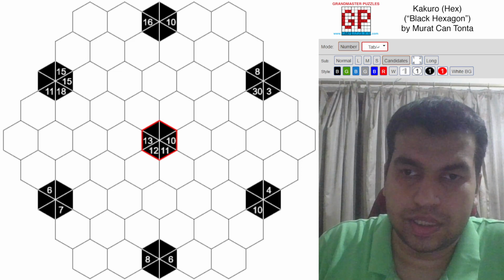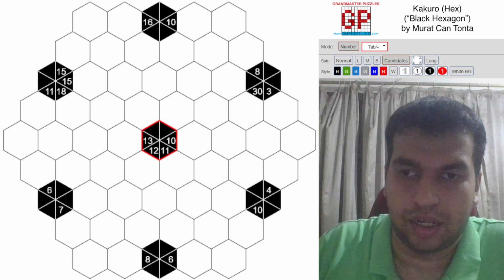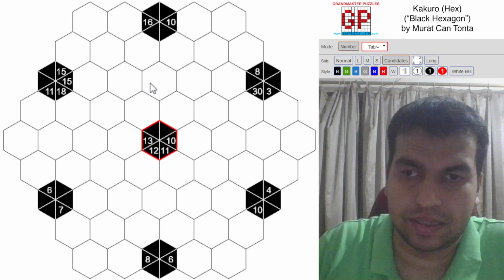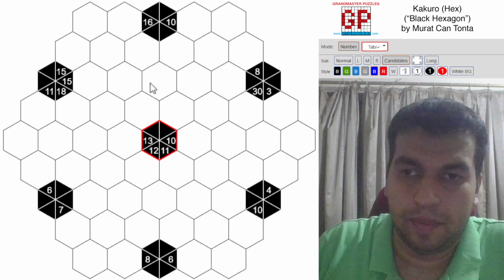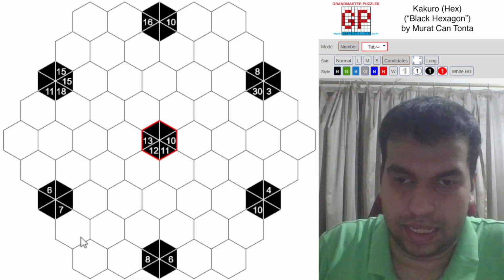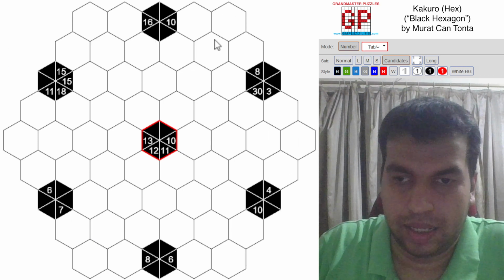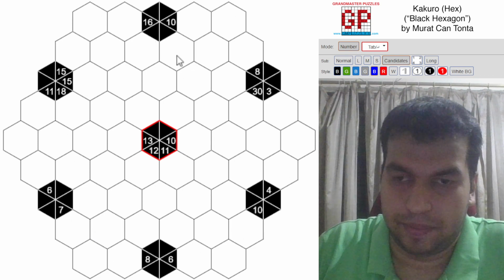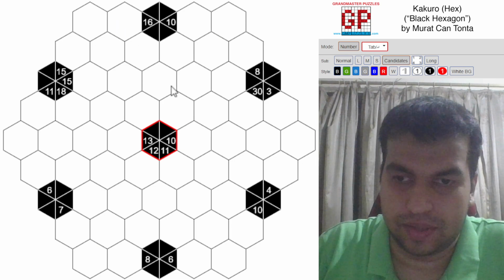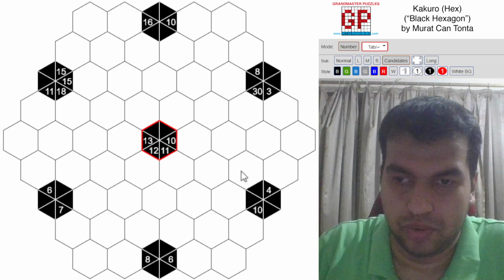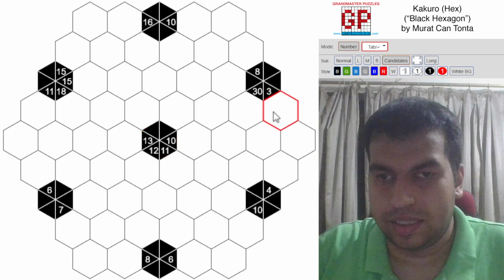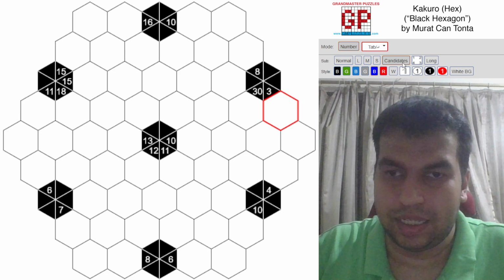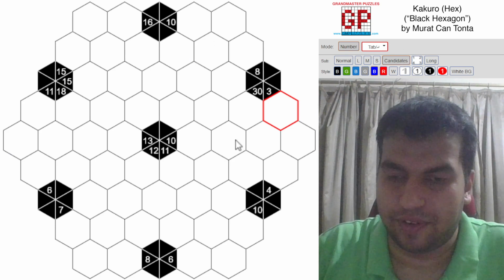We're here to talk through this Kakuro puzzle by Murat and Tonta. It's on a hex grid and it's also themed on black hexagon, and you can see the six clues forming a hexagon here. So it's quite an impressive construction with these evenly spaced clues. And the first thing I want to note is I'll be using the candidates tab because I find that more